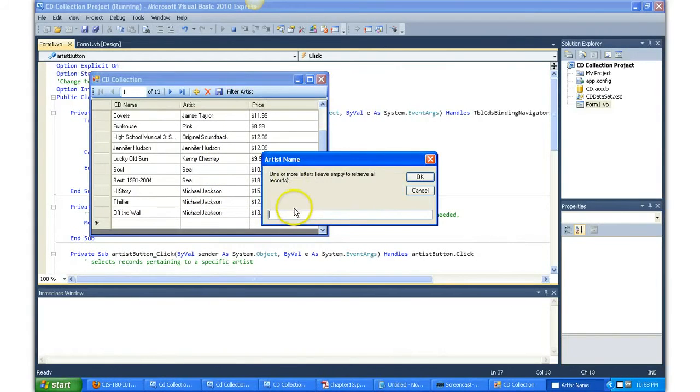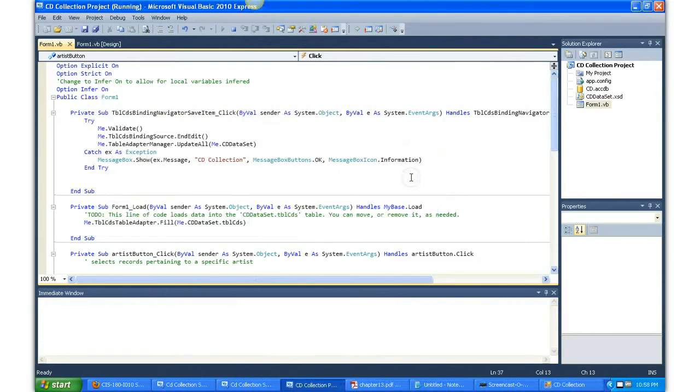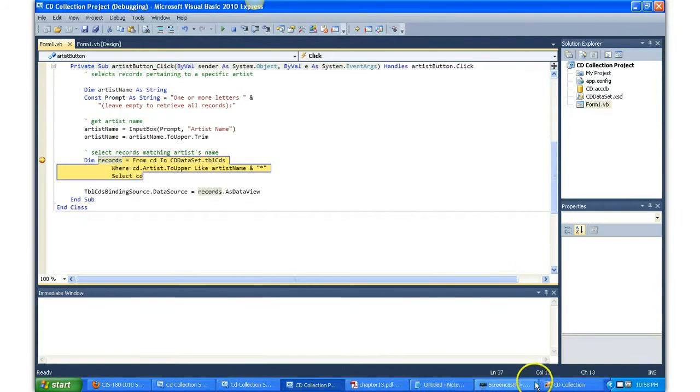Now let's filter. Let's filter by seal. Okay. And I'm going to purposely put this in all lowercase. Click OK. And here's where the break point comes in. The artist name I typed in is seal. Notice it's not all uppercase. If I go ahead and do a step over here,